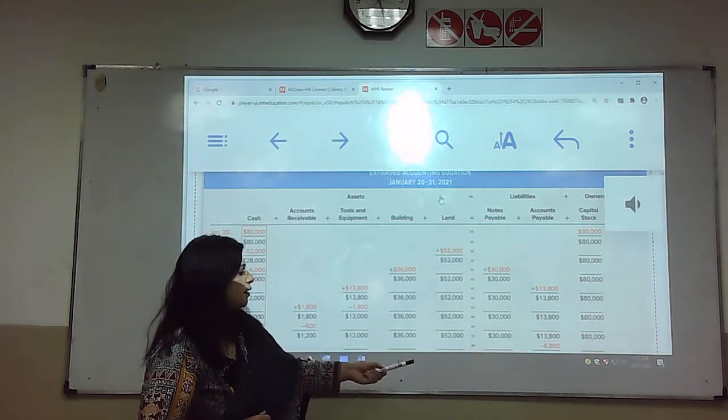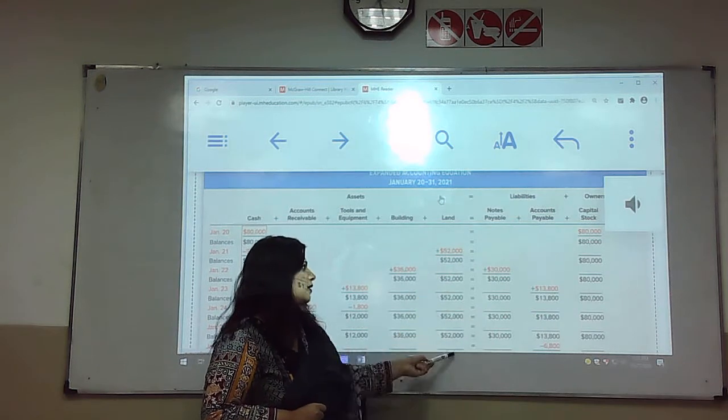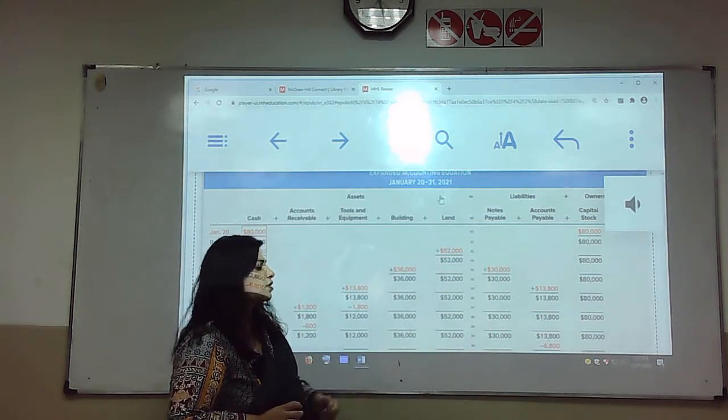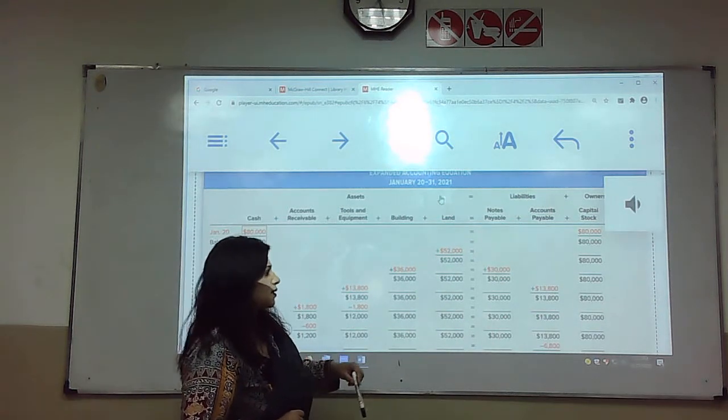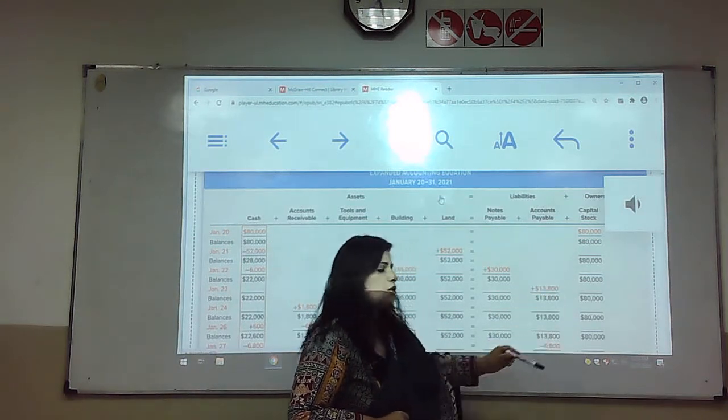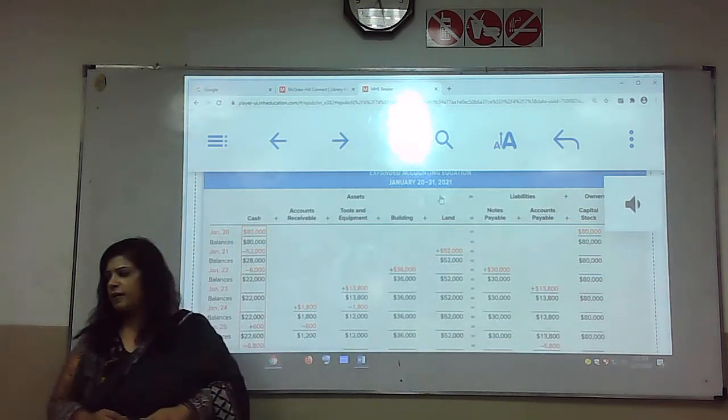This is the final amount which will occur in the balance sheet for the notes payable. And this 80,000 is the same. It will occur in the balance sheet as capital stock of 80,000. As you can see in the balance sheet,